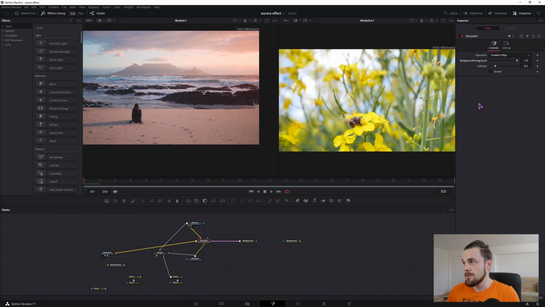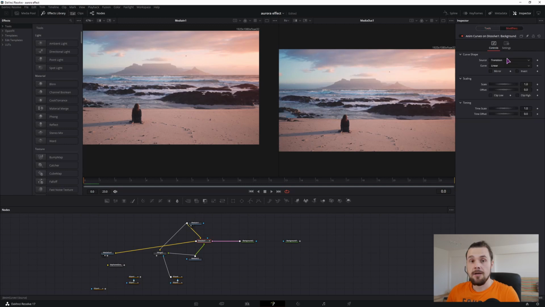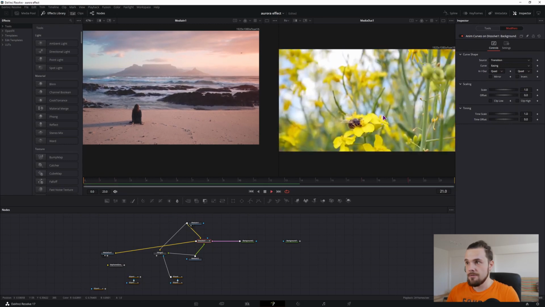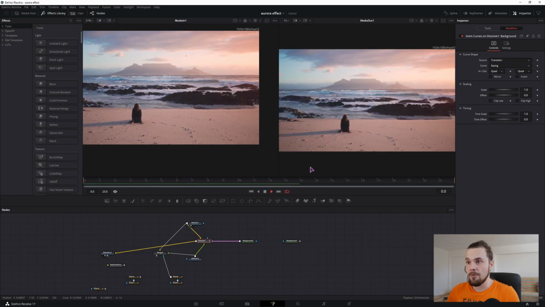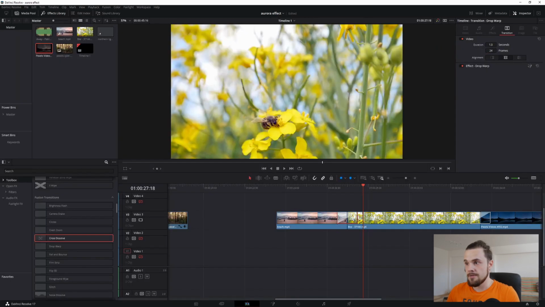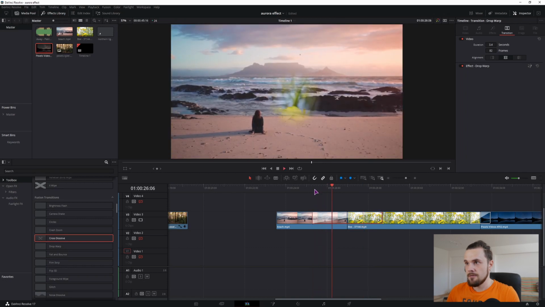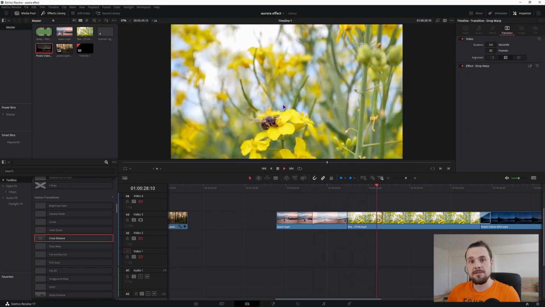So remove this one, and we will modify it with any curves. And under the modifiers, now I have some settings. The source will be transition, which is what we have. Usually easing is chosen, and quad. Now if we take a look at the transition, it looks like this, as it was before. And if we go back outside into the edit page and extend this, the transition works as expected.